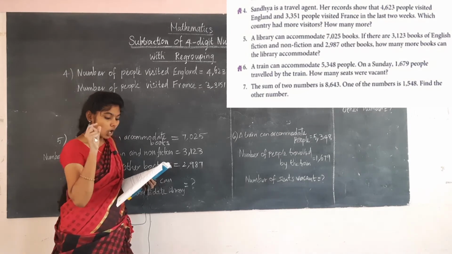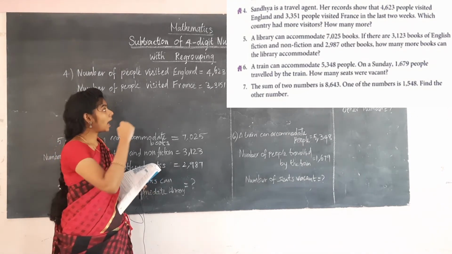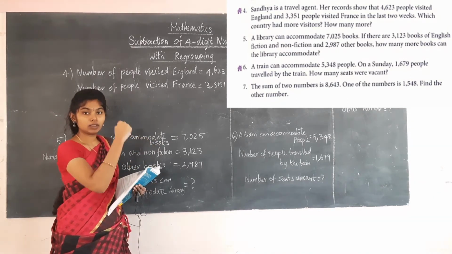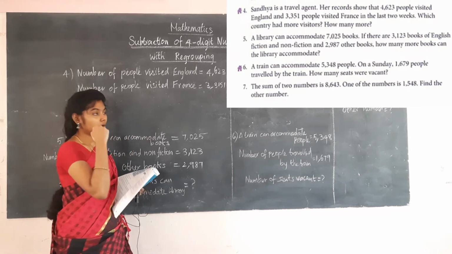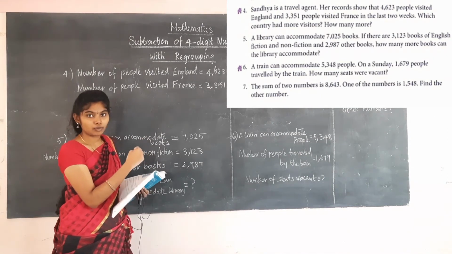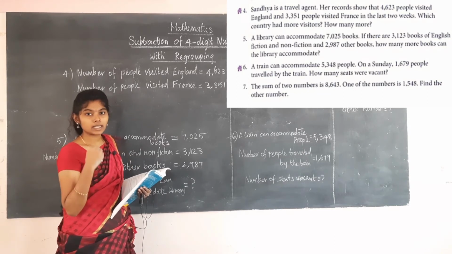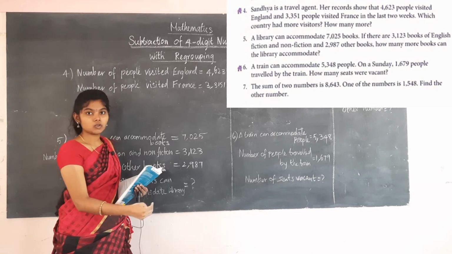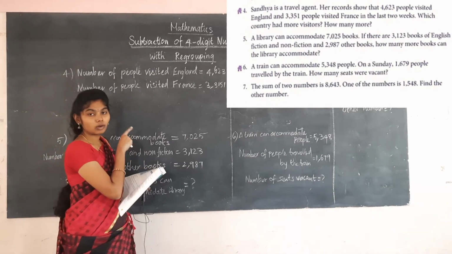And the next question is, how many more? They asked how many more. That means how many more have visited compared to the other one, which we have already found. With that we have to compare, and find how many more people have visited that place. So you have to subtract the numbers. While subtracting, we will get the answer for how many more have visited that place. So we have to find that place, and that number also. This question is for your homework.